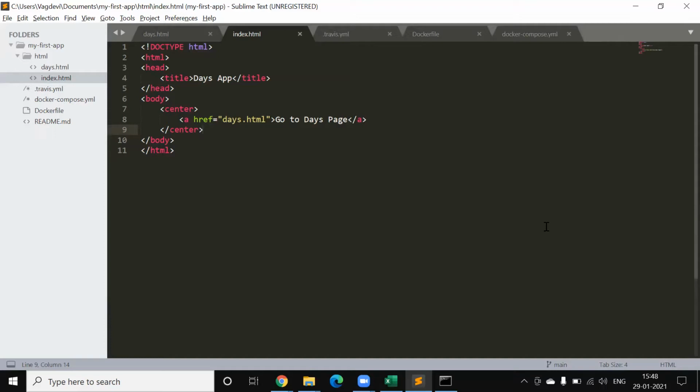So if all these things are going fine, if the application doesn't break, then we can go ahead to pull the changes which have happened in the test branch of the GitHub into the main branch of GitHub. And then from the main branch, these changes can be reflected onto the production environment on the AWS.